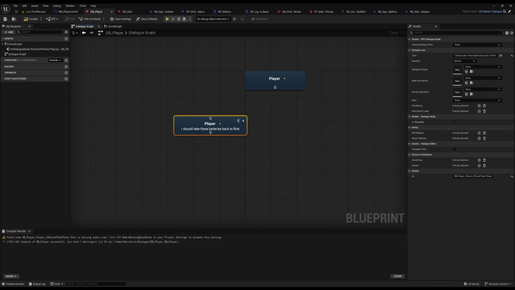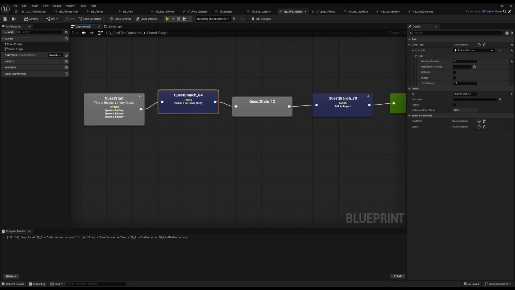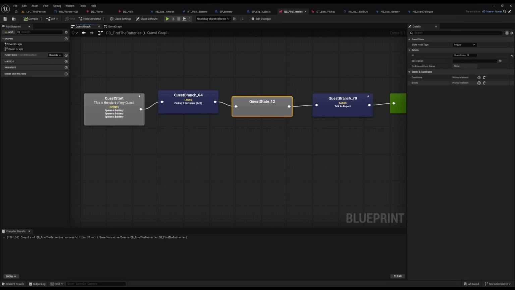And then jump back to your quest, and after the branch where it picks up the 3 batteries where you want it to say it, on the state, just add an event of begin dialog. Inside here, select your dialog, so we'll select player, and then inside the player parameters we can customize how it plays that dialog, such as we can tell it to start from this ID, we can make it a high priority by setting it to 1, and we can also override any of the settings if we want to,